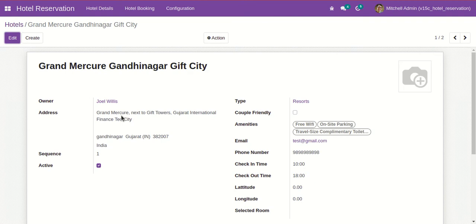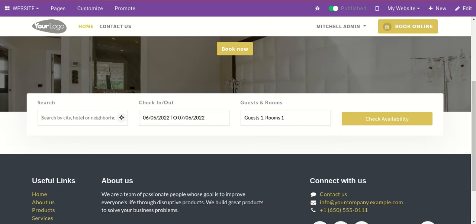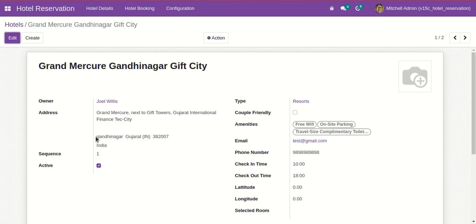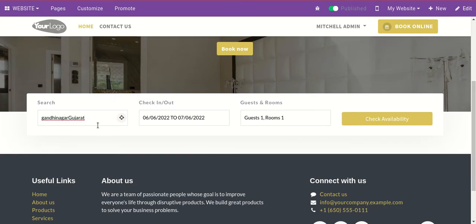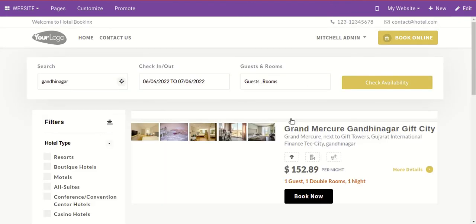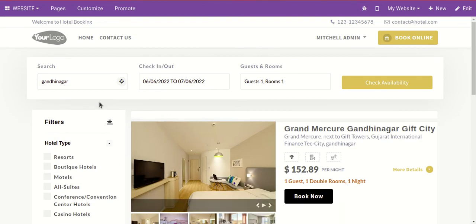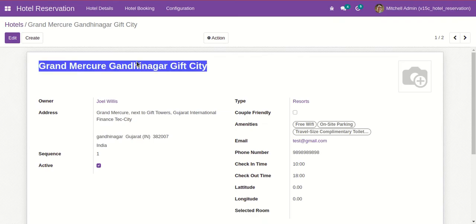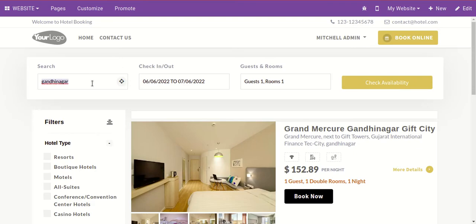First is located in the Gandhinagar. So we can search with the Gandhinagar, and I can search with name also.